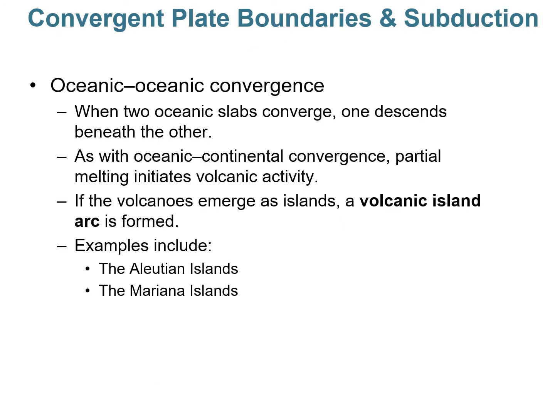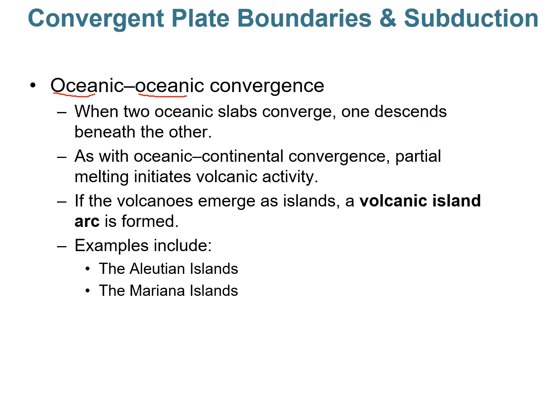We can also have ocean-ocean convergence, or two ocean plates crashing into each other. When this occurs, one will descend underneath the other, and it's typically the denser ocean plate, which means it's typically the older ocean plate. It's colder, it's older, it's more dense. That'll sink into the mantle. And when this occurs, you get subduction again. And you have the generation of magmas in the mantle asthenosphere. And this time you get volcanoes that will pop up on the overlying ocean crust,